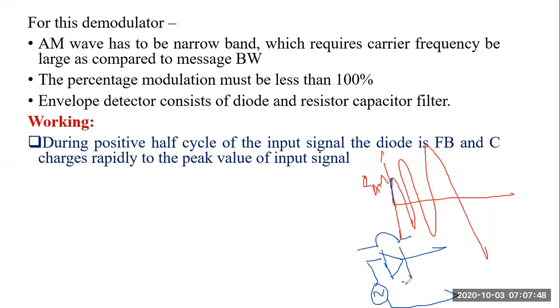Yes or no? During forward bias, this acts like a conducting switch and it will send a current through this capacitor. So current starts flowing to this capacitor, charging it to the peak value of the input signal. Whatever the input signal's peak VI, it will charge this capacitor to that peak value, as I showed here. Okay. Next.